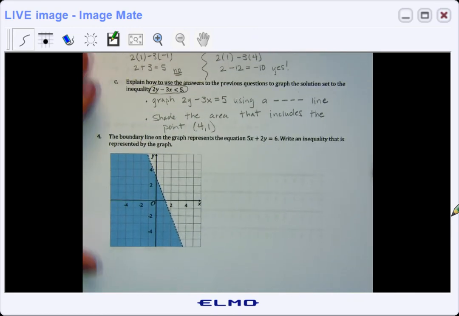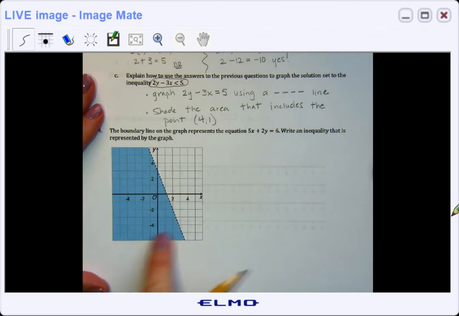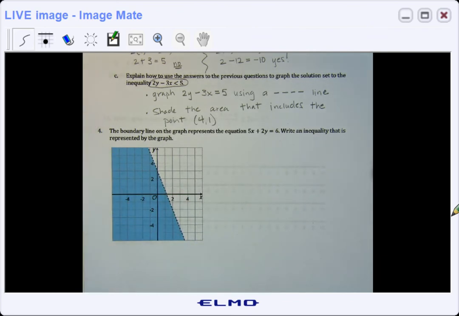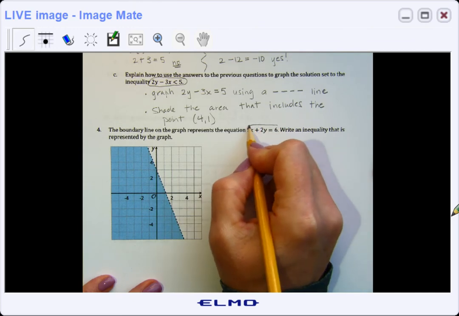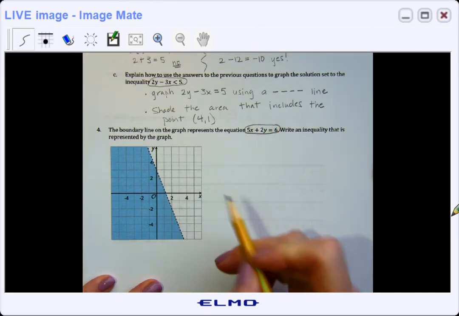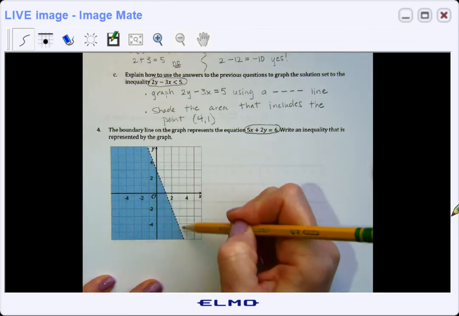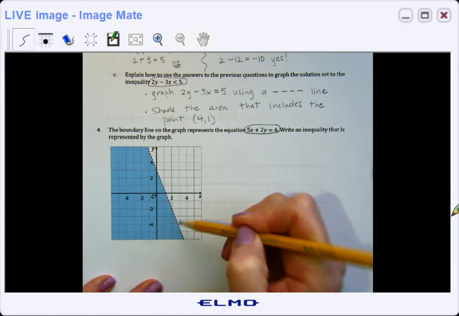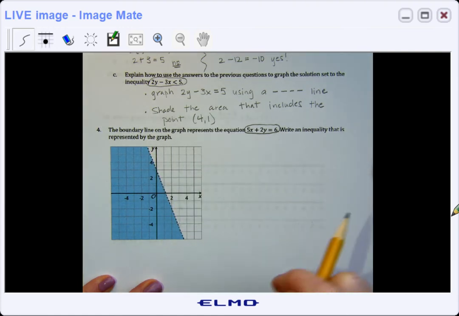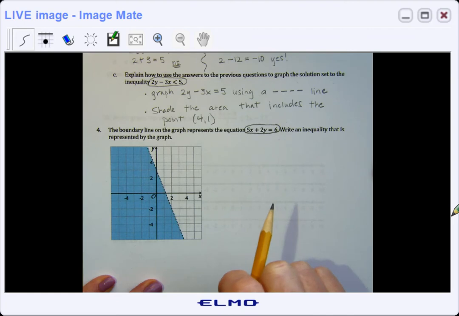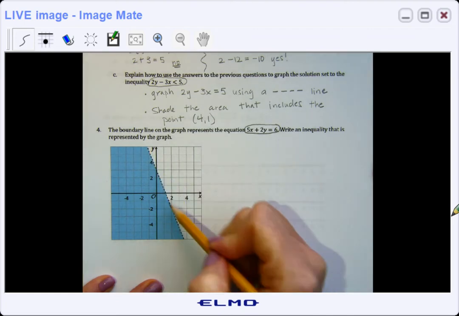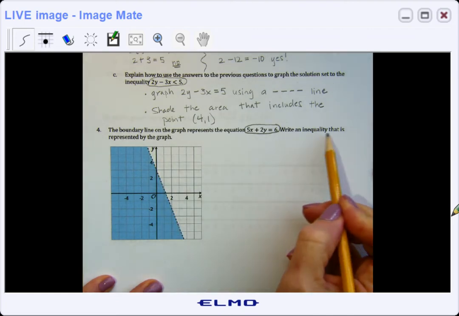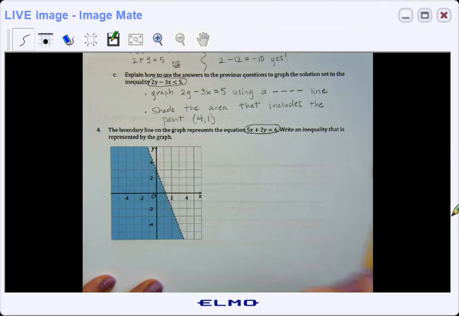On number 4, you can see it's already been graphed for us. And so we have to determine if this is the boundary line that's drawn here. And notice that it's a dashed line. So we're going to use greater than or less than, not greater than or equal to or less than or equal to. So if this is the line and we want to write an inequality that's represented by the graph,